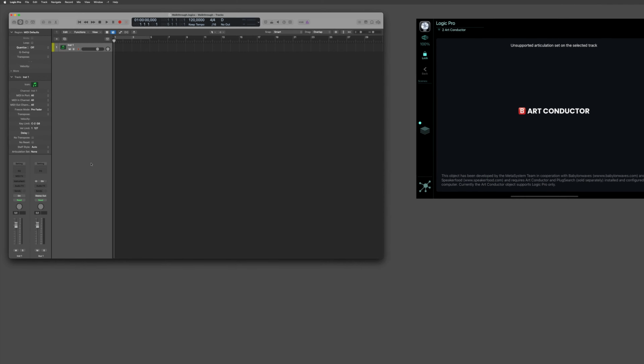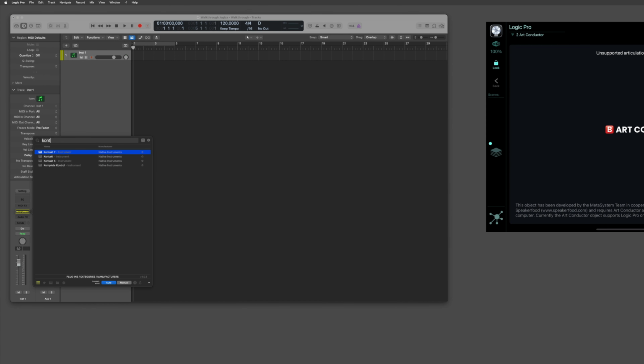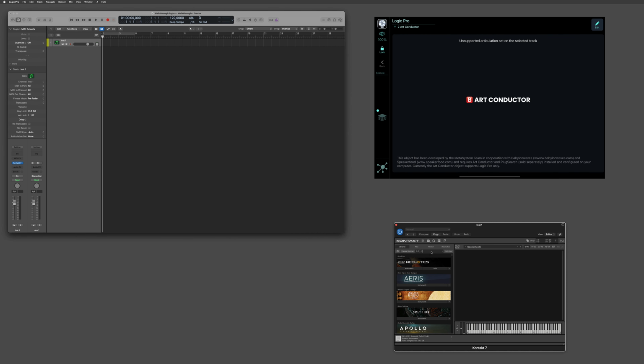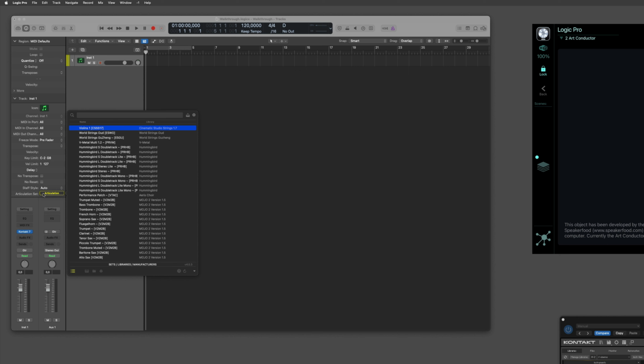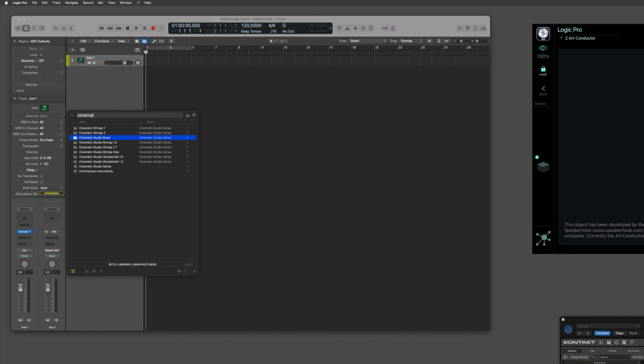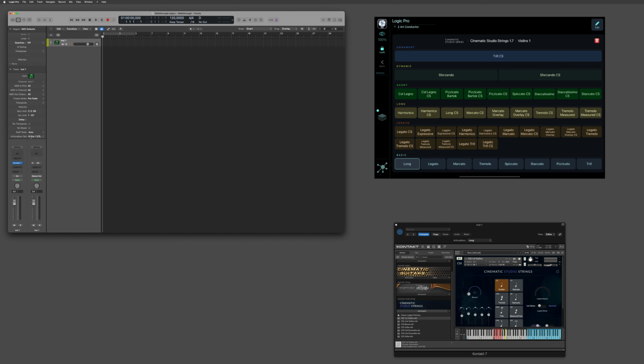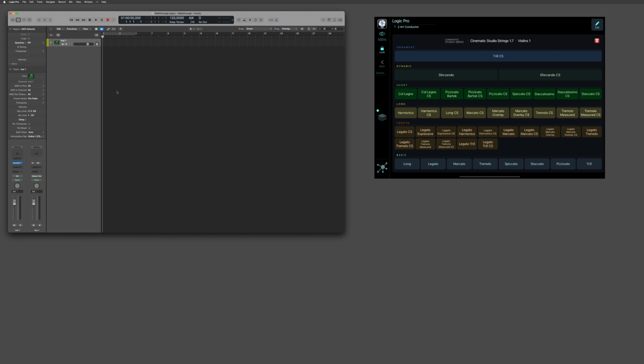I use PlugSearch to open Contact and use the first violin of the Cinematic Studio strings. Next, I use PlugSearch again to choose the corresponding articulation set from Art Conductor. As you can see now, the iPad instantly becomes aware of the articulation set and starts to show all the individual articulations. Everything is grouped into categories, and that's tremendously helpful when you work with instruments featuring a lot of